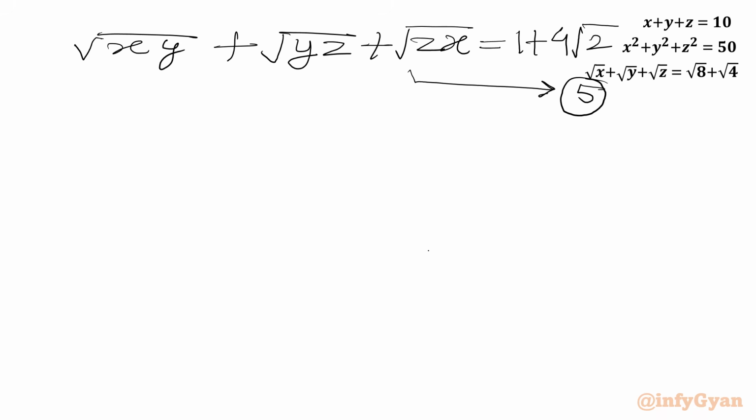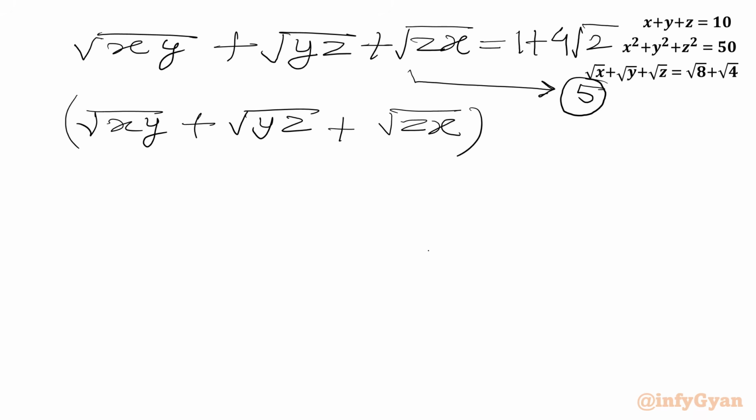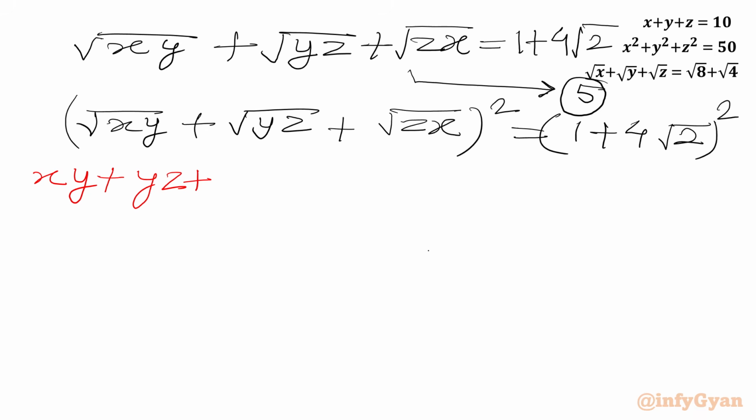Now we will square both sides. So I will write here (square root xy plus square root yz plus square root zx) whole square will be equal to (1 plus 4 square root 2) whole square. Again we have to use the (a plus b plus c) whole square identity. So we will get xy, which is the square of square root xy, plus yz plus zx plus 2 times